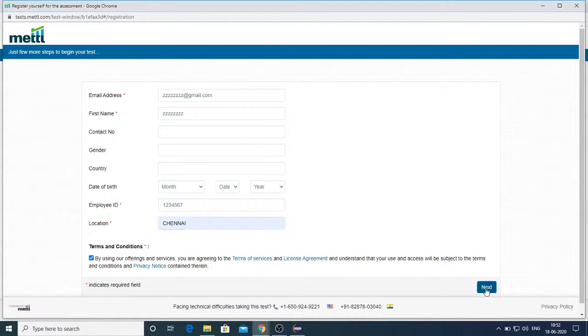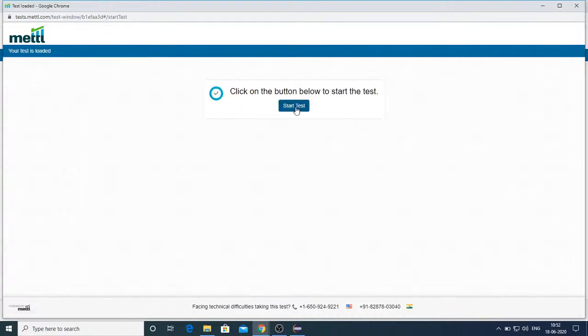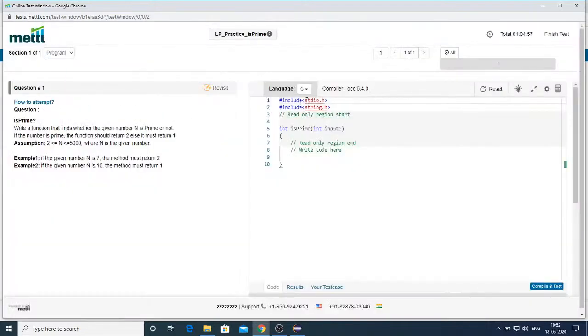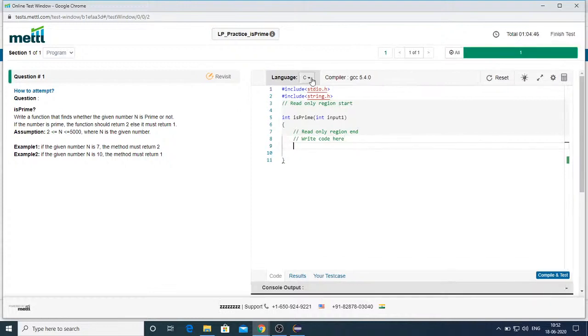So just start it, and remember the fact that when you open this panel, it's not going to be Java only. Remember that point, because otherwise what happens is, whatever the code you have typed, if you don't check, and it's in Java while the language selected here is C, the code will vanish.